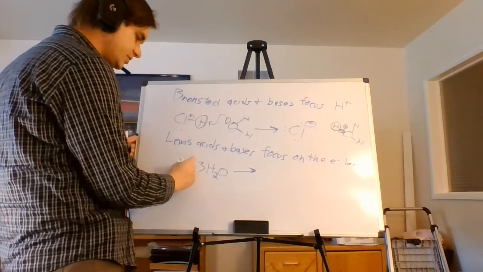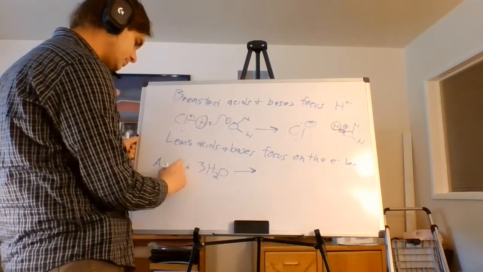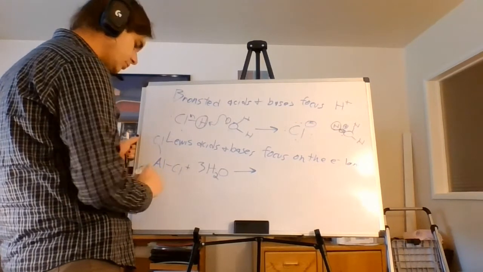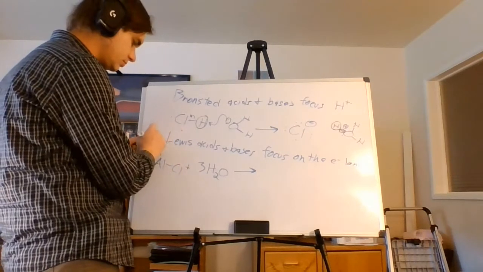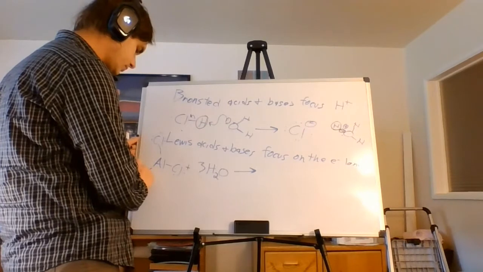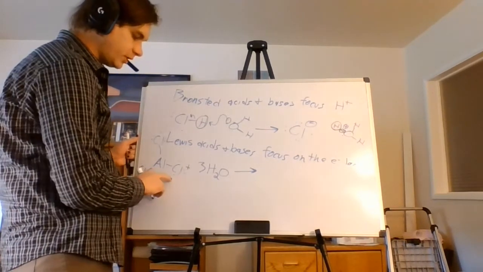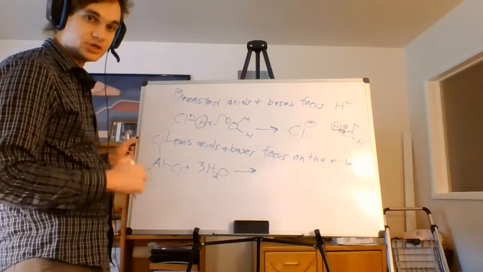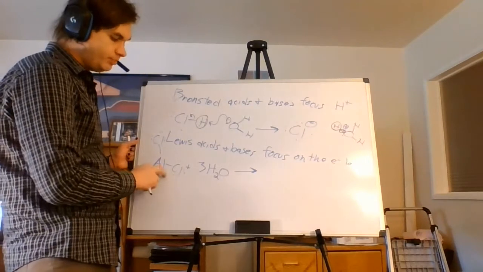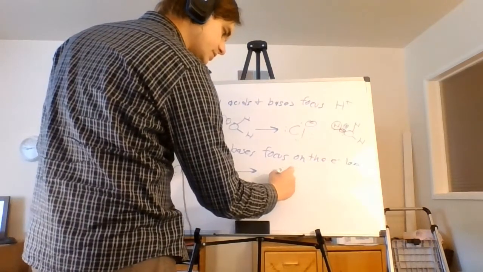But suppose you add to it something like this: aluminum trichloride. Now, the aluminum trichloride doesn't have any hydrogens on it, so it isn't a Bronsted acid. But when it reacts with the water, it generates